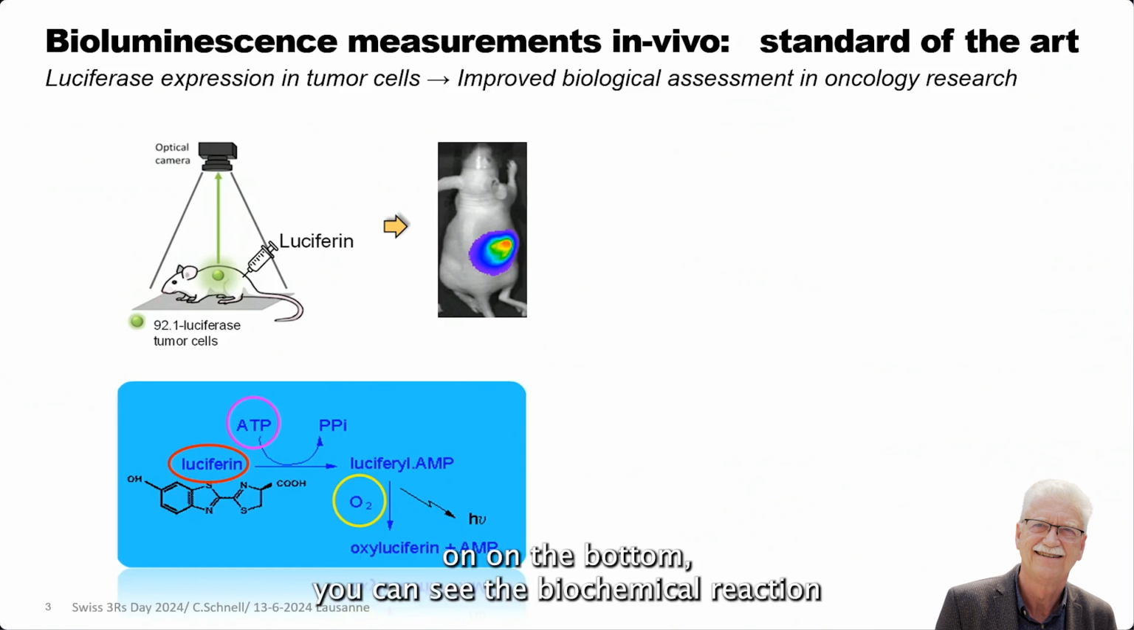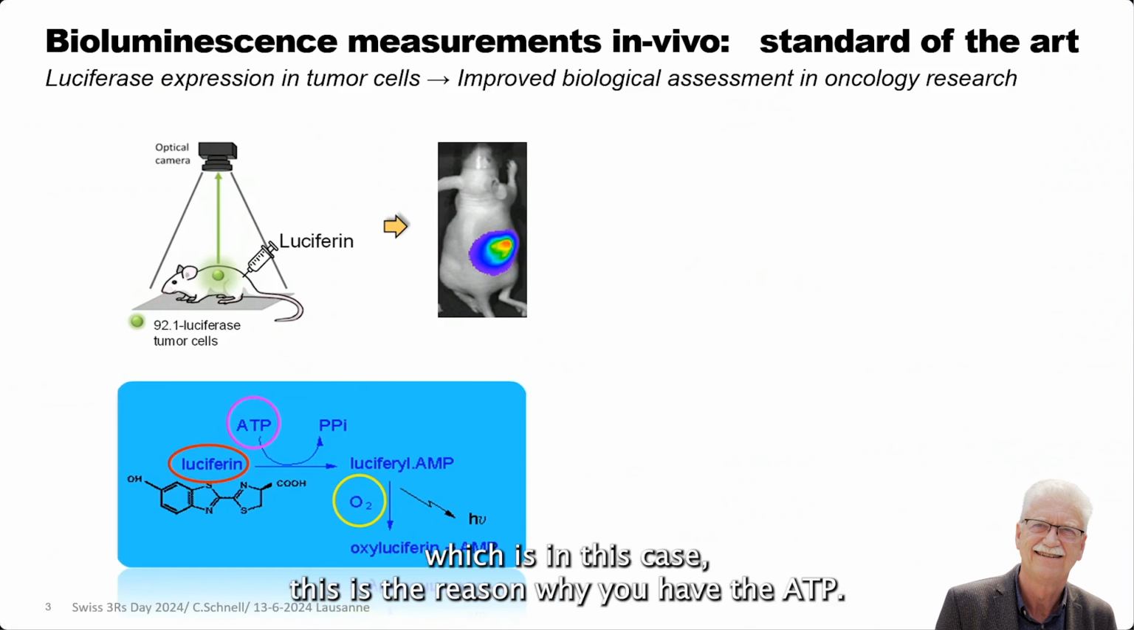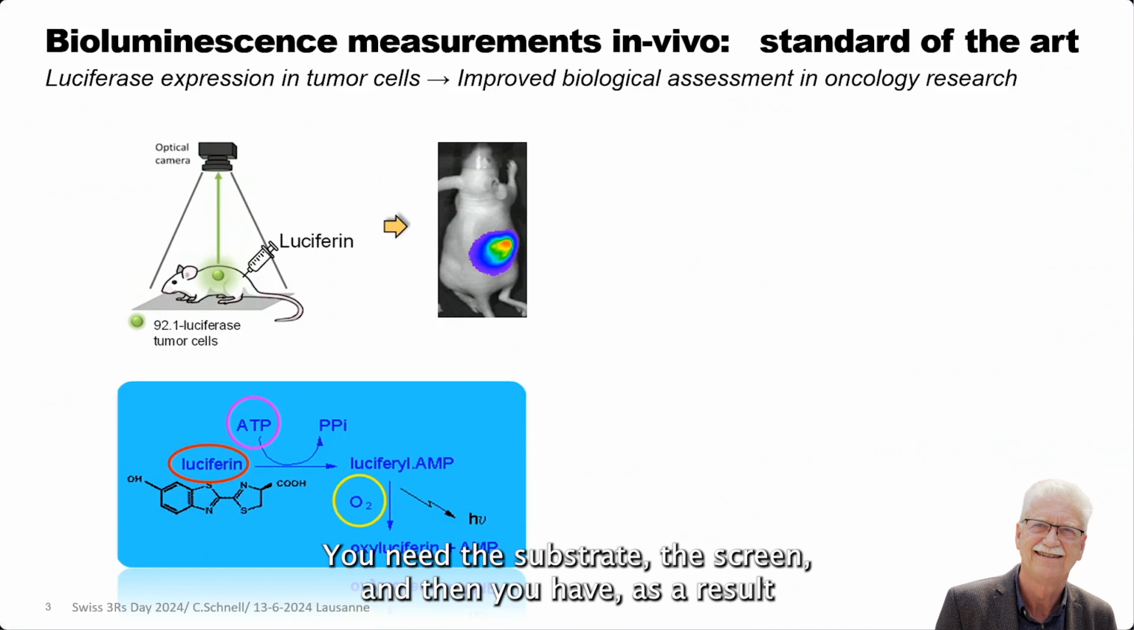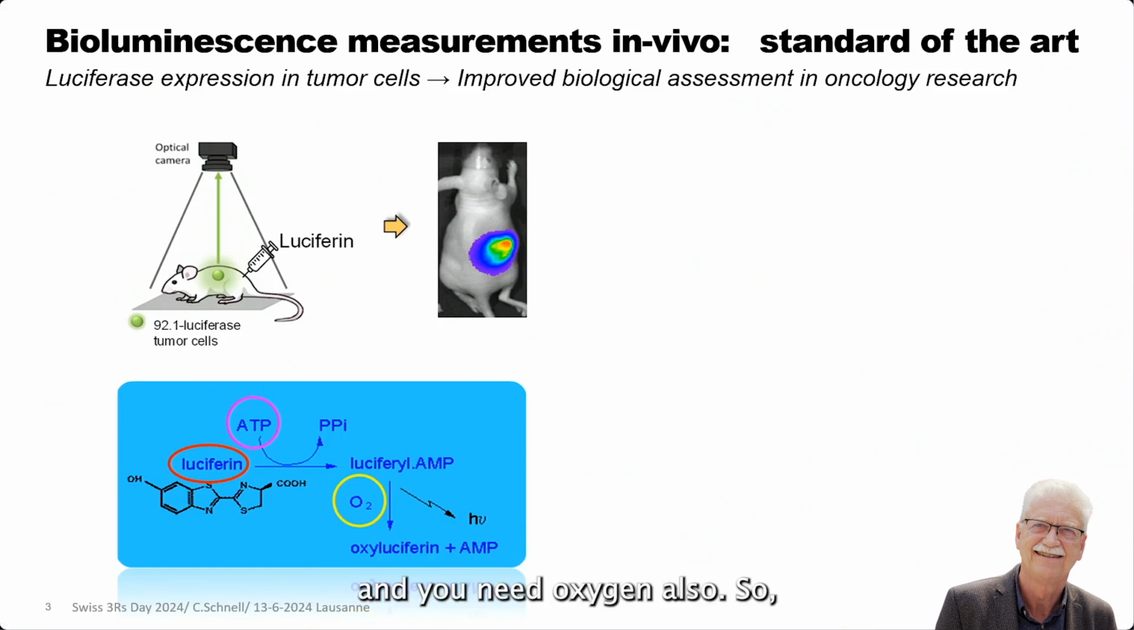On the bottom, you can see the biochemical reaction which is used for that. And basically what you need is a living cell, which is the reason why you have the ATP. You need the substrate, the luciferin, and then you have, as a result of the biochemical reaction, the production of photons, light, and you need oxygen also. So